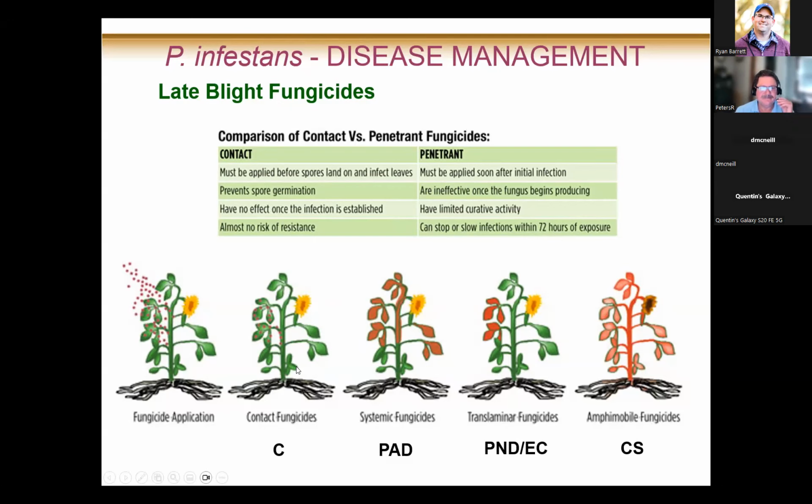I think the key is to see what strains are up in Ontario in case you get these storm fronts. It just seems to be rain every few days this time. It's a change. We're not used to it. But to know what strain that is, and is it sensitive to Ridomil or not, or should we be looking at other products, because